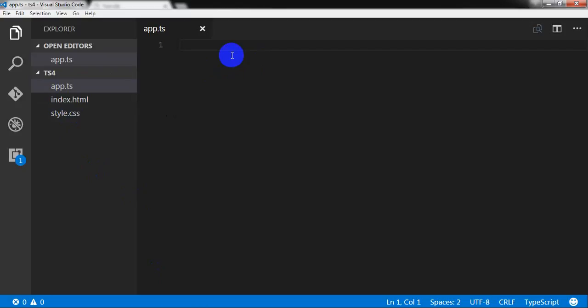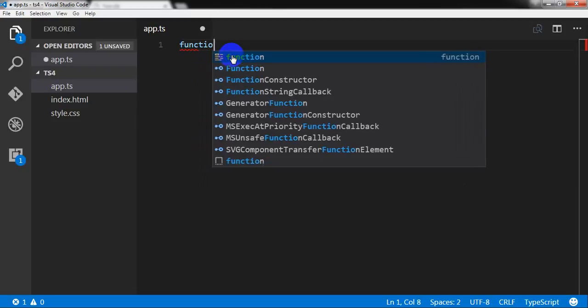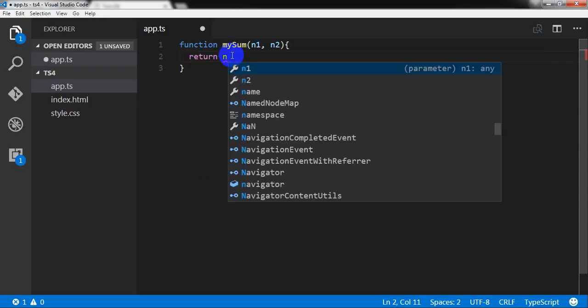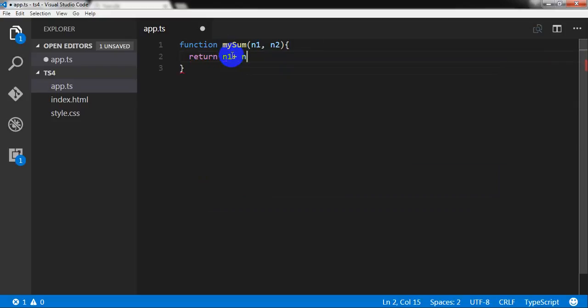Function is a very important feature in every programming language or scripts. So we know it. If I write a simple function like function my sum and two arguments like n1 n2 and return n1 plus n2,